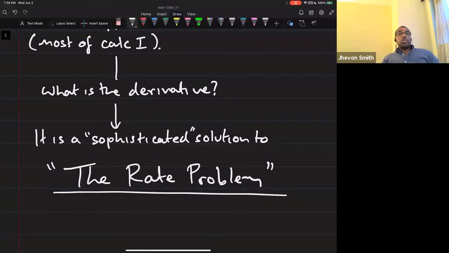Okay, so there is a problem in mathematics called the rate problem, and the derivative is one solution to this problem. It's the most comprehensive and sophisticated solution to this problem, actually. So what is the rate problem? It's essentially